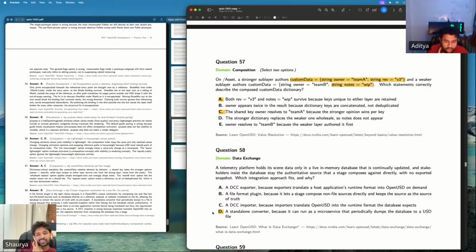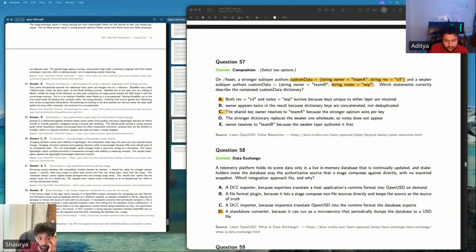The platform keeps the scene data only in a live in-memory database that is continuously updated. The stakeholder insists that the database stay the authoritative source that a stage composes against directly, with no exported snapshot. Which integration approach fits and why? A, a file format plugin, because it lets a large stage compose non-file sources directly and keep the source as the source of truth.